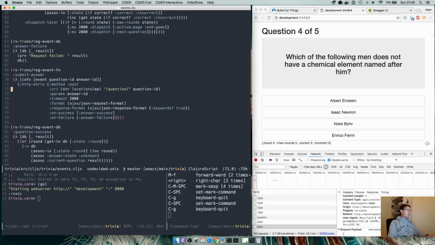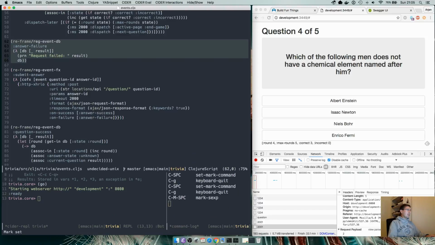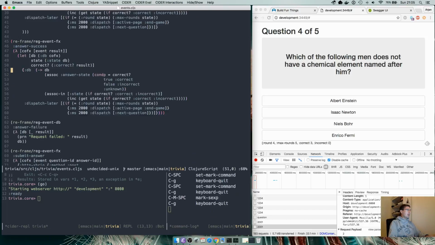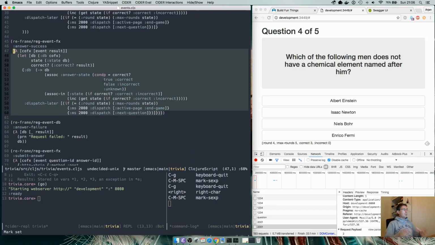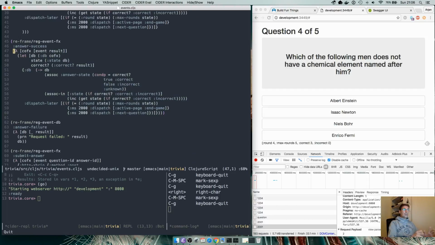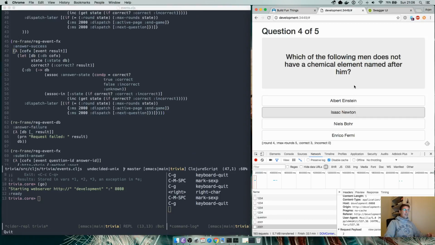So when we fail, which we do right here, we don't do a lot, we just print it and be done with it. But when we have success, we basically just take the code that we already had and slightly modified it to deal with correctness being part of the result instead of having to get it from the answer itself. And that meant that we were fully finished, with a fully working application